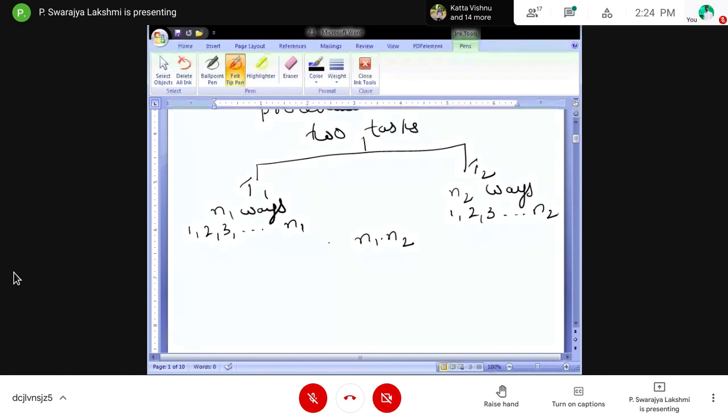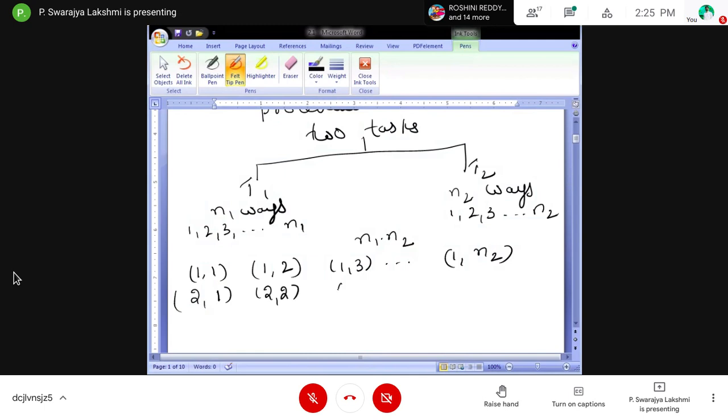So how do we write this? So 1, T1 task and T2 task, and 1 with 2, 1 with 3 and so on 1 with N2. So similarly second with 1, second with second, second with third and so on, second with N2 and so on.